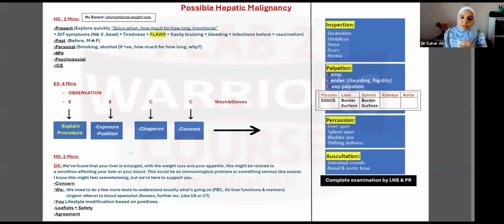If there is no lymph node enlargement, no signs of blood affection, cancer of blood, you can say liver cancer. If there is lymph node enlargement, usually generalized, the patient might be having lymphoma